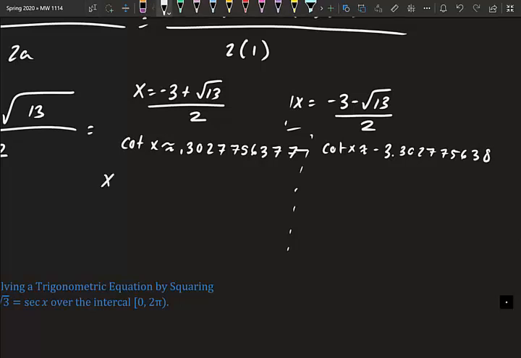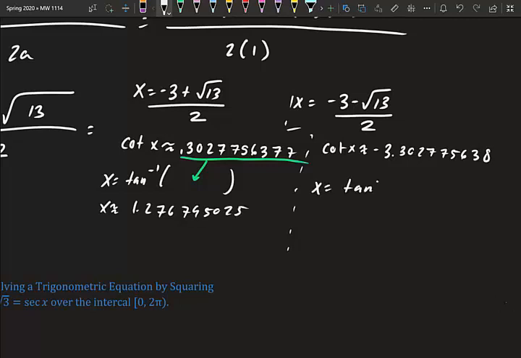So we have x equals the inverse of tangent. We're going to plug all of this in. So plug that into there, and we get x is approximately 1.276795. Same thing for here. We get x equals inverse of tangent. We're going to plug all of this into here, and we get x is approximately negative